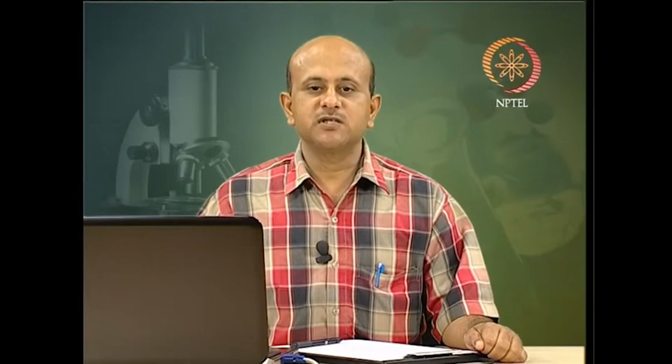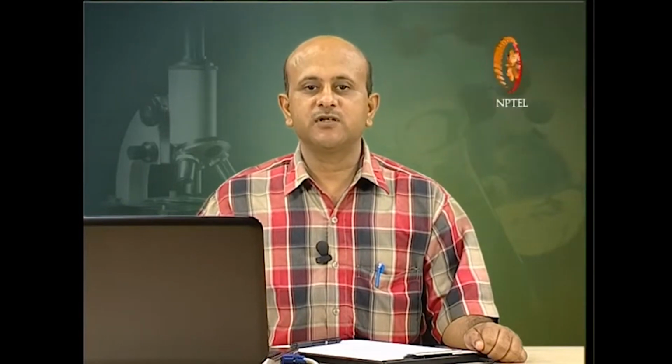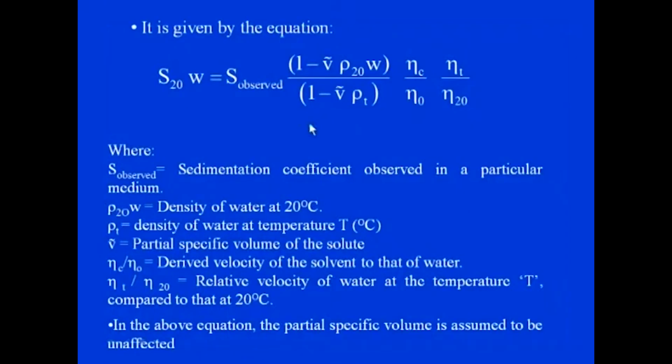often corrected to a value that could be obtained in a medium with viscosity and density of water and at 20 degrees Celsius, and this could be expressed as a sedimentation coefficient in water or standard sedimentation coefficient, and this is given by this particular equation. So when it is corrected for this, it is S 20 W, W for water. So, S observed, and then these parameters are taken to correct this, where you can see S observed is the